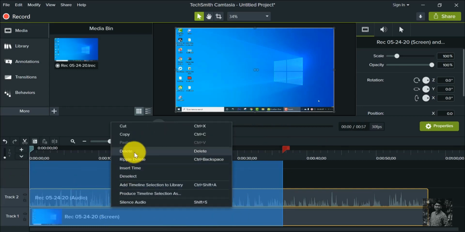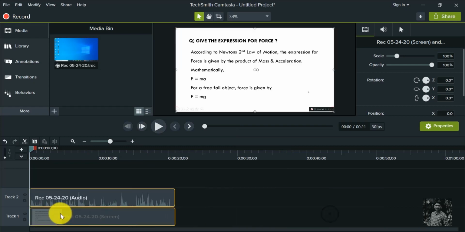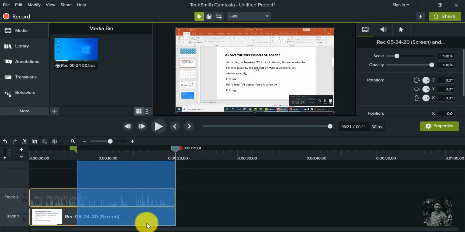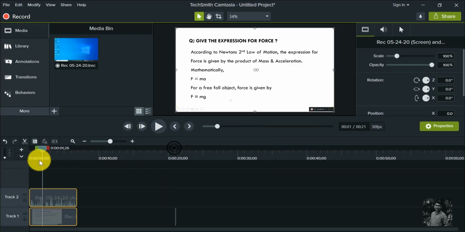Right click, delete. Okay. Move my slides to the front. After the explanation is complete, wherever the explanation is, I'm just showing the rough example. Let's assume by here the explanation is complete. I'll be deleting the last part. So this would be my final output, which I'm going to export as I have explained earlier.